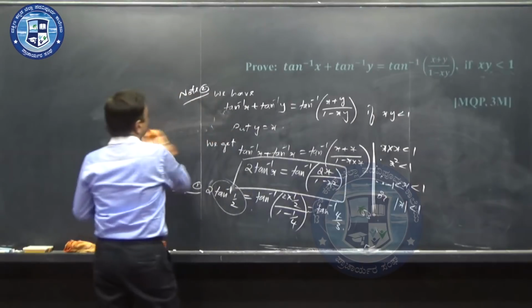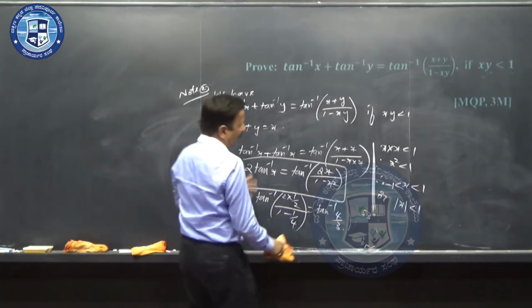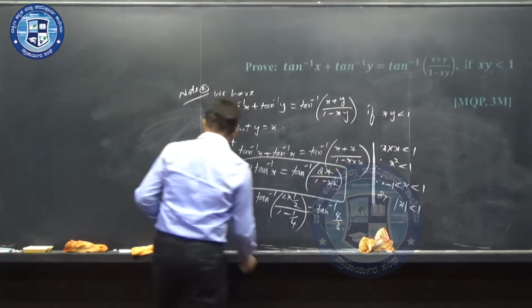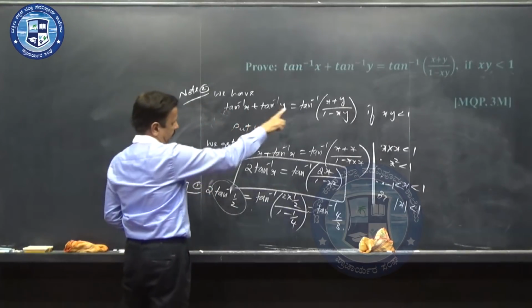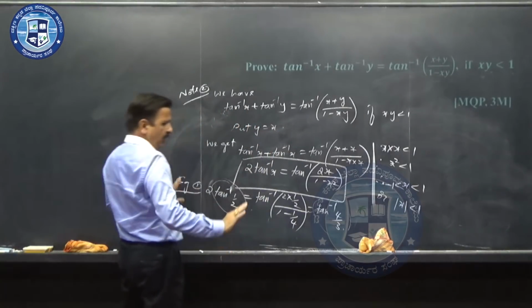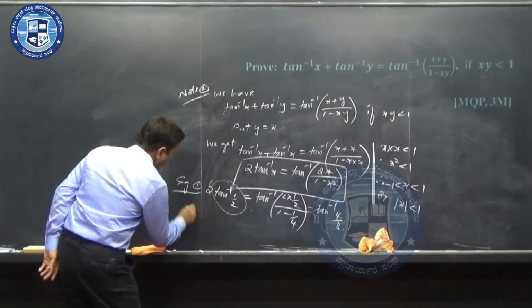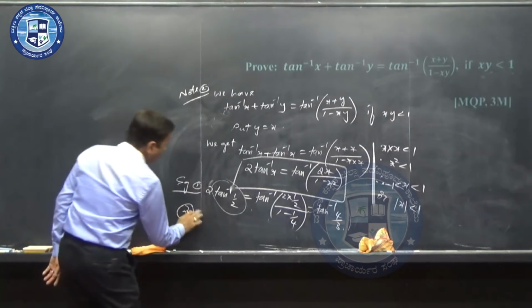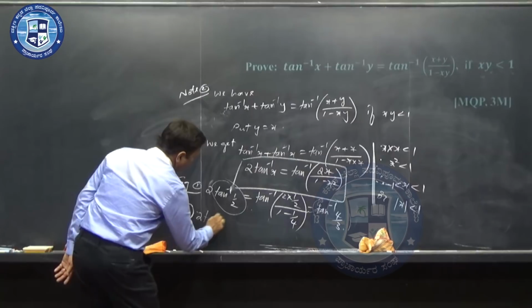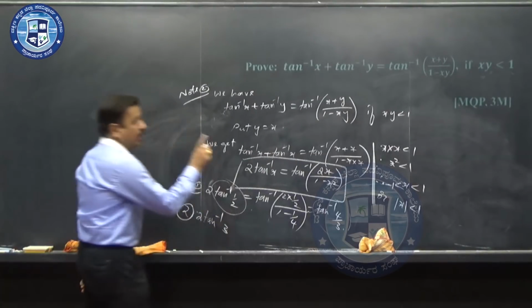Okay, anyways, this is just for your analysis, that is all. You need not learn that by heart, but this result you need to learn by heart. Once you understand, everything you are supposed to know at any point of time. Next, second one, 2 tan inverse 3, then you can't apply this formula.